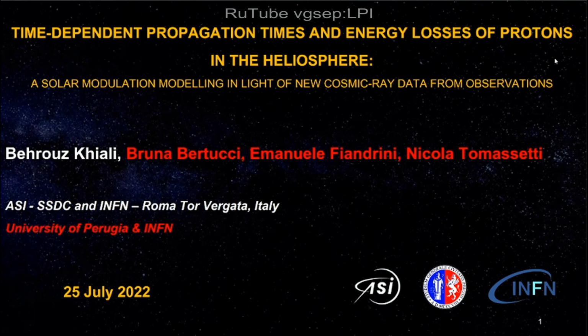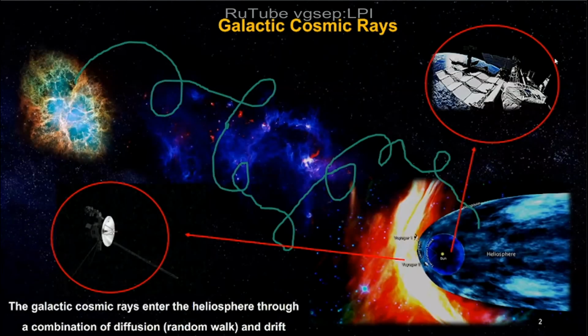Good afternoon, everyone. I'm Berlusconi from the Italian Space Agency, and I'm going to talk about the propagation time and energy losses evolution of protons inside the heliosphere by using a numerical model, and the solar modulation modeling with cosmic ray observational data. As we know, the galactic cosmic rays mainly originate from galactic sources like a supernova remnant,